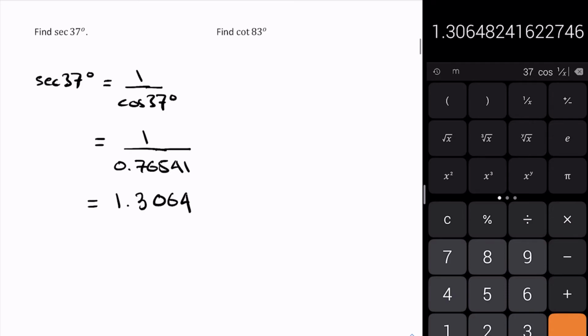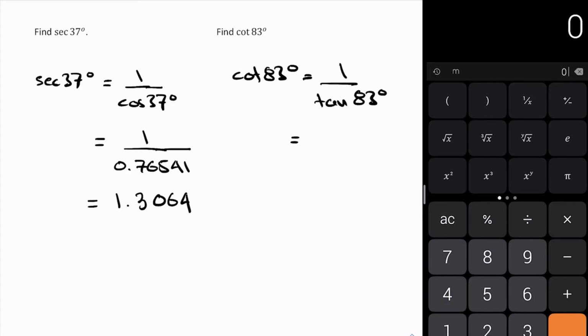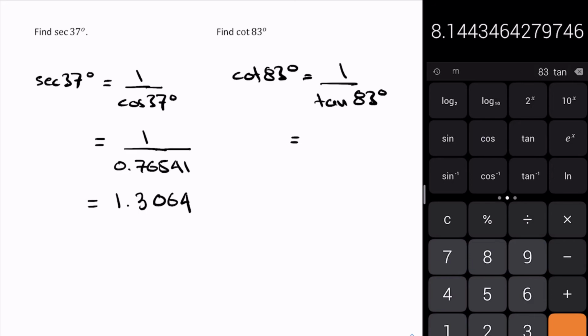Let's look at cotangent now. So I have cotangent of 83 degrees. That's 1 over tan of 83 degrees, which equals, well, let's clear our stuff here and do tan of 83. So I'm going to go 83 tangent, and I get 8, well, let me put that in the fraction,